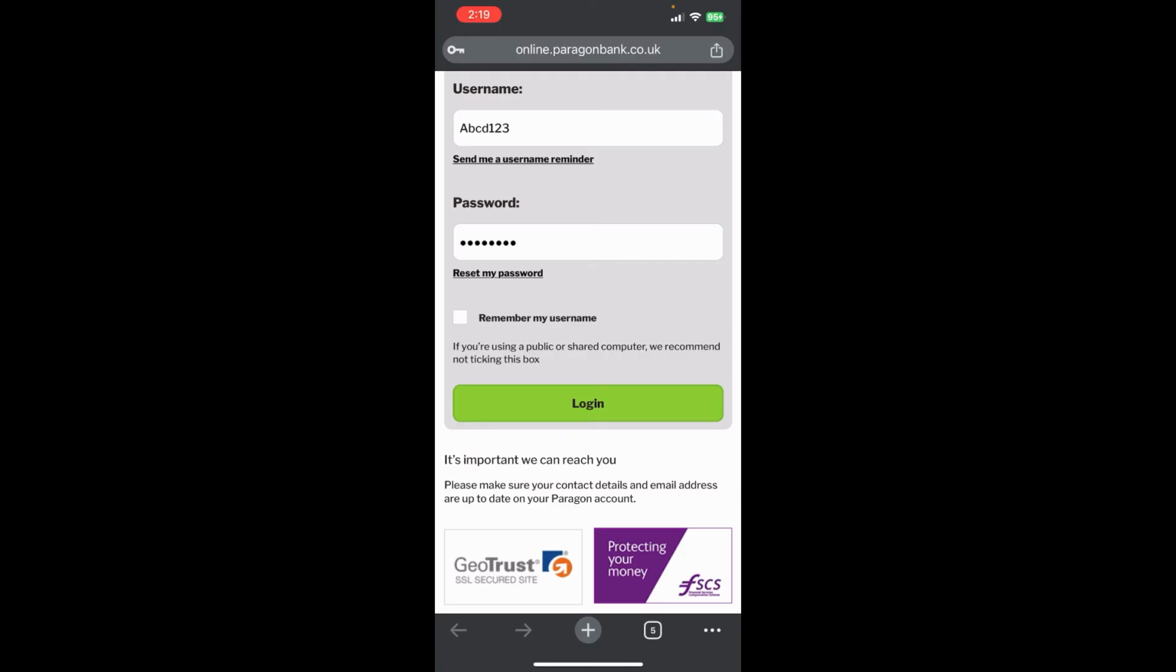And by chance if you have forgotten your password, you can simply click on reset my password on the screen and complete the formalities and you'll be able to log in. So basically this is how you can log into Paragon Bank,